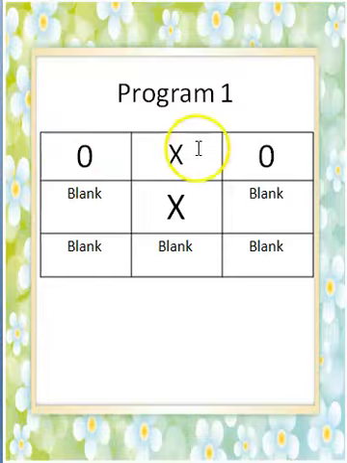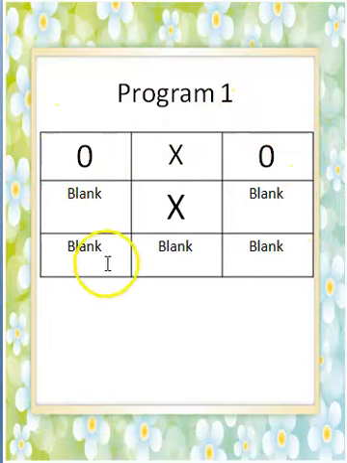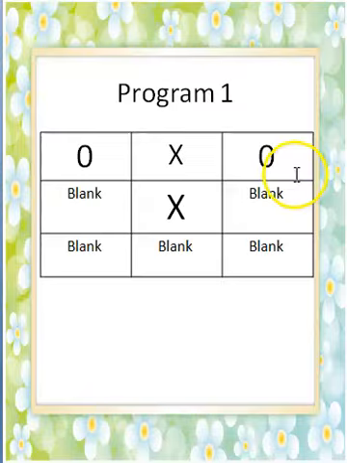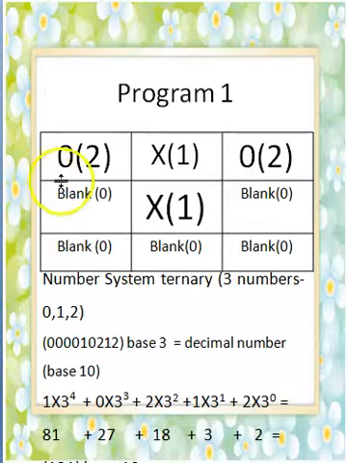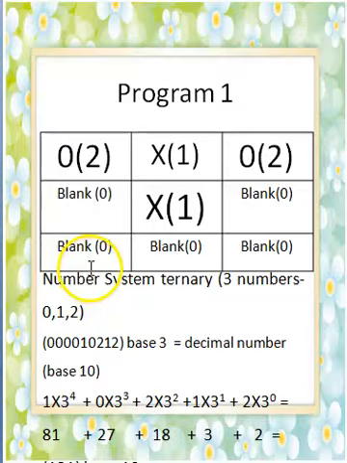In the first program, we will create a one-dimensional array with 9 places, each place representing a board position. And we will be using 0, cross and blank on this array. So let us represent 0, cross and blank with some numbers. We will represent the 0 by 2, cross by 1 and blank by 0. So if we look at this particular board position, we have 2, 1, 2, 0, 1, 0, 0, 0,